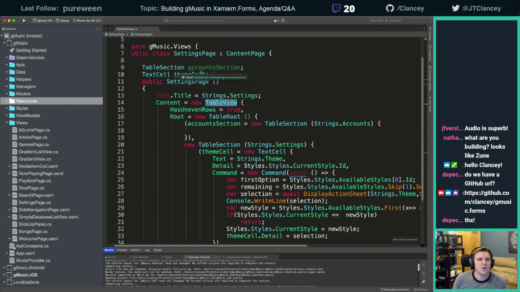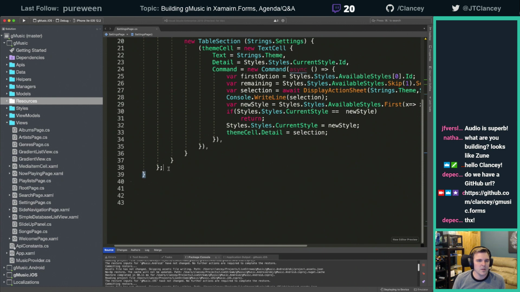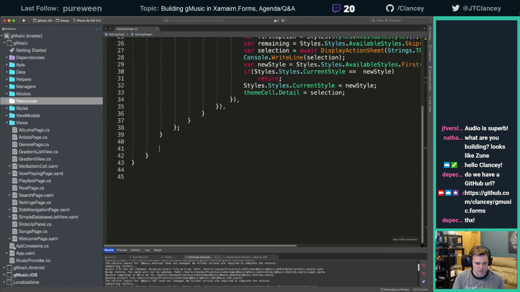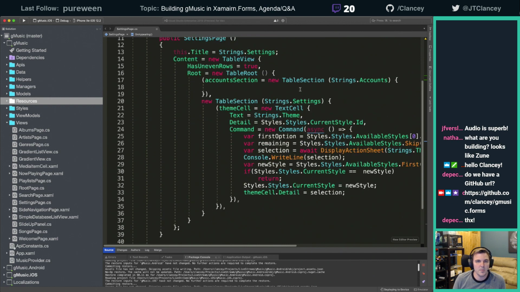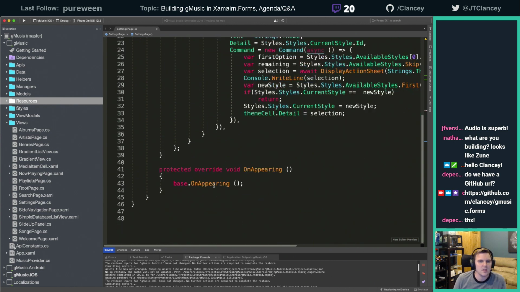All right, so inside of here we have our account sections. What I want to do is we're probably going to need on view appearing. Let's see where our curly brace is. Yeah, that's the right one. All right, so override on appearing. We're going to want to do a couple things to refresh the state of this when it appears. One of those is going to be updating the current accounts. And I need to create the accounts cell, what we want those to look like. All right, so let's do void refresh